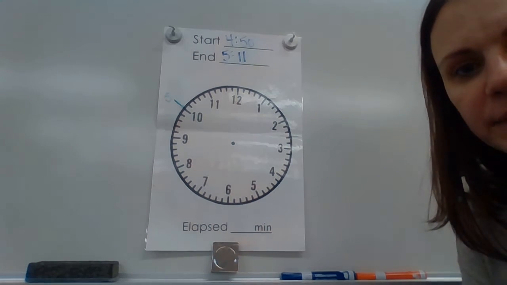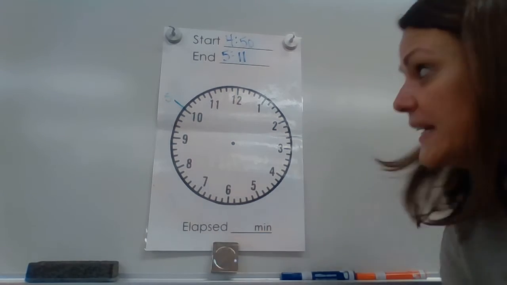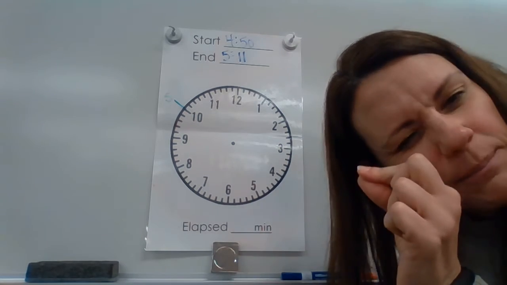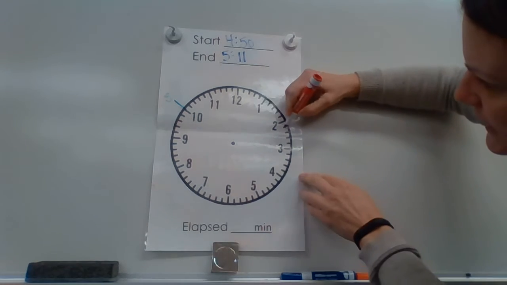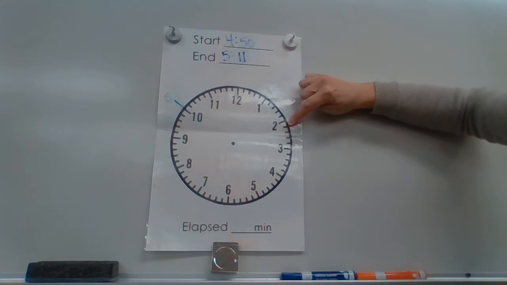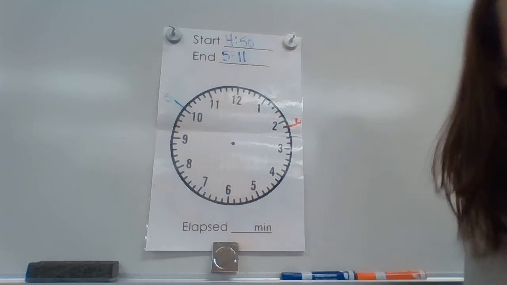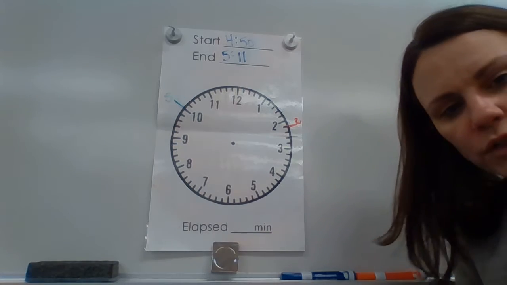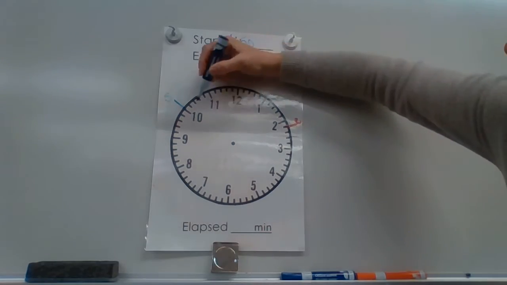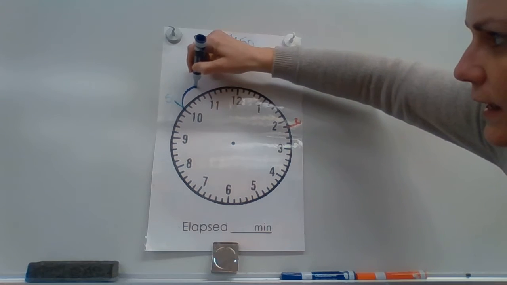And our end time is at 11, not 11 o'clock, but 5:11. So we're looking for our minutes. 5:10 with one more little tick mark, 11. So right here, just after the 2, right, 5:10, then one more tick mark, 11. All right, now we're ready to start jumpity bumping, okay? We start at the start time. Because we're on a big number, we can skip count by 5,